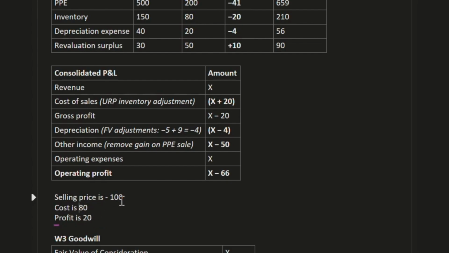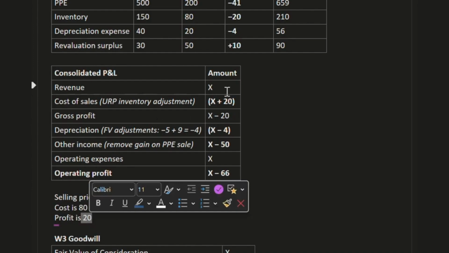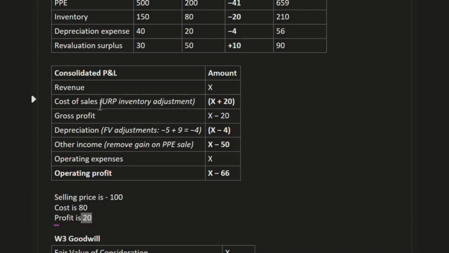Selling price is 100, that is fixed. Okay, no change in this. So once we are going to remove profit, it means cost of sale will increase. So that's what we are doing here. 20 cost of sale increase, and gross profit, same profit we earn 20, we are decreasing here. So this is the tally figure. First, whenever we have unrealized profit on the inventory sale, first we increase the cost of sale and then we